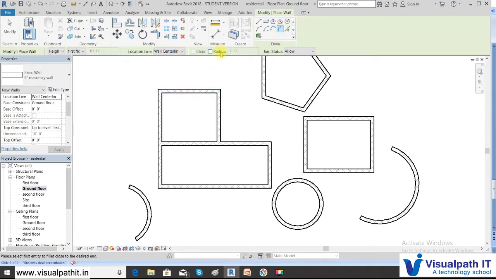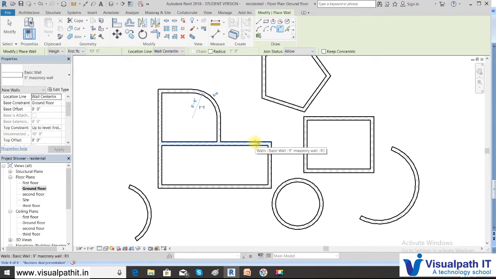By default it is 1. You can define the radius by clicking on this and make it radius 2, or you can directly on the graphics select this wall and select this wall and drag your cursor so that you define your radial wall. Okay, so this is how you draw all your walls there.